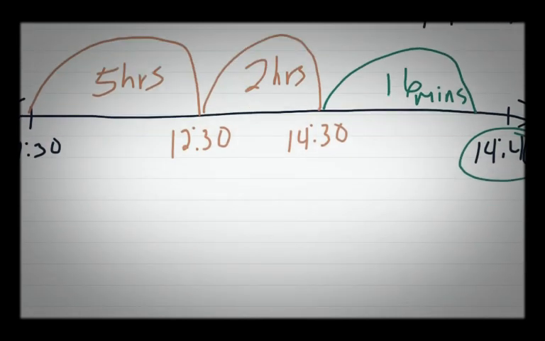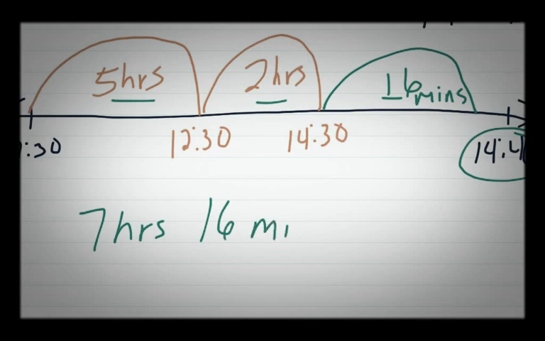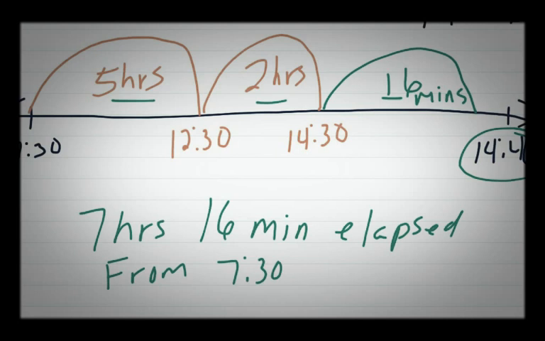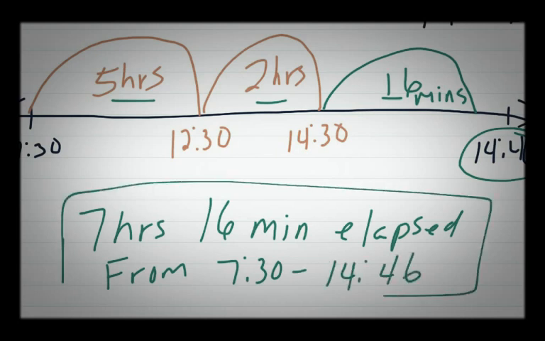Well, how much time elapsed between 7:30 and 2:46 or 14:46? Well, 5 hours, 2 hours, 16 minutes. Well, 7 hours, 16 minutes elapsed from 7:30 till 14:46. Now, the next part is I'm just going to take 14:46